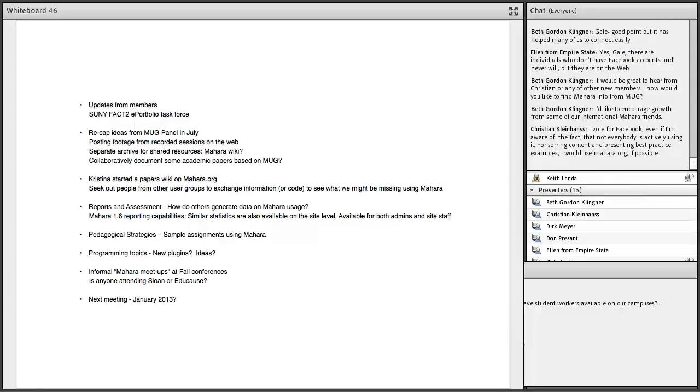Okay, so the next point that I wanted to talk about, in case anyone else is interested, I certainly am, is maybe we could just get a network among some of us who are interested to produce some academic papers based on what we're doing. What I like about MUG is that we're kind of seizing control of the technology. Like Beth has said, we're able to direct it with our requests and by our conversations and by our meetings. So that's what I like about that.